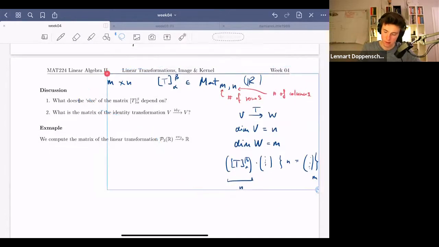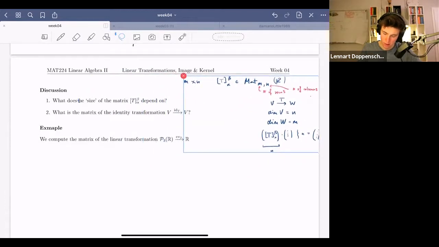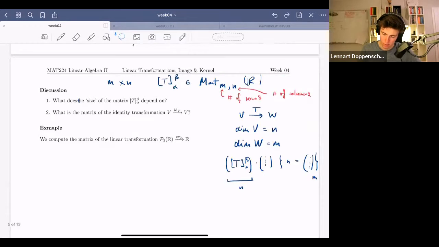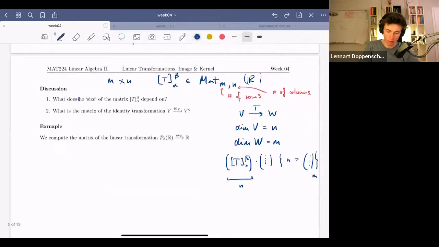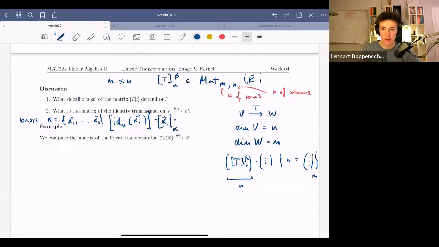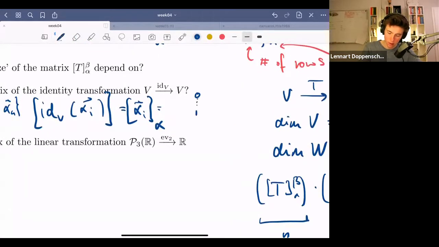Yes, the identity matrix, exactly. So, if we do the algorithm, then you can see that if we apply ID to every basis element alpha I, where alpha is the basis, this is going to be alpha I. And then the coordinate expression, this is the second step of the algorithm: the coordinate expression of alpha I in its own basis is just a vector with zeros, 1, and then zeros again, where 1 is at the ith position.